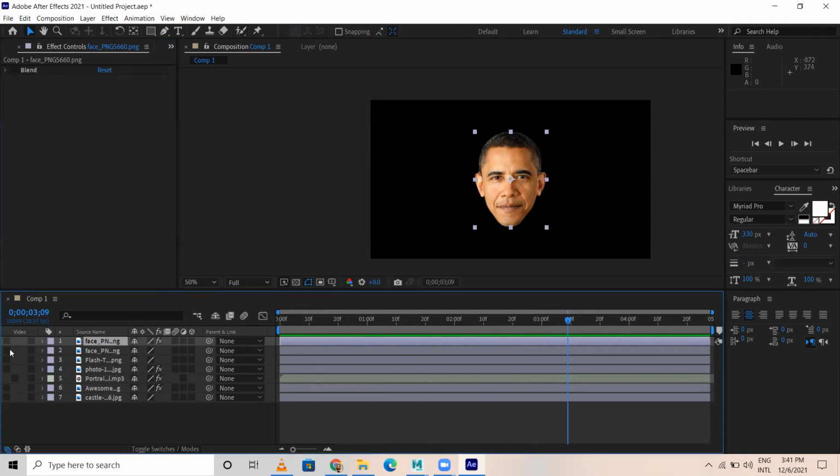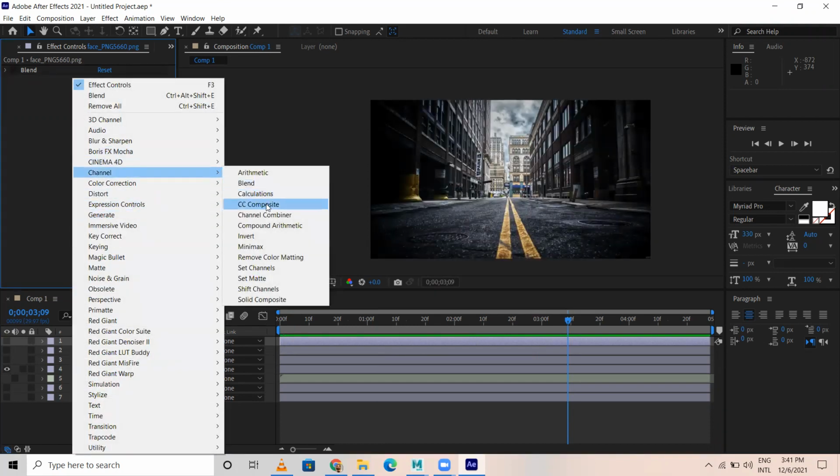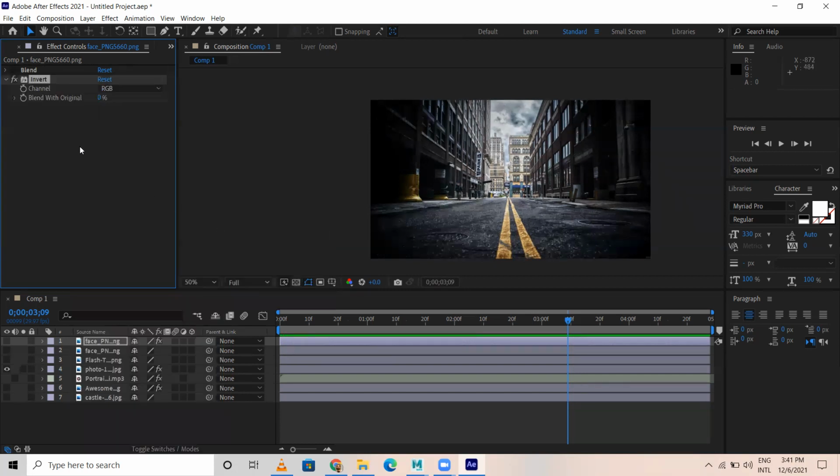Similarly, let's go to channel, CC Composite. There are a few things which need 3D application support, and composite is of that only. It's of compositing. So we have something called invert. You can invert this to opposite colors.